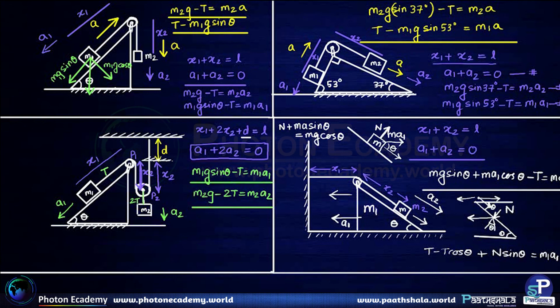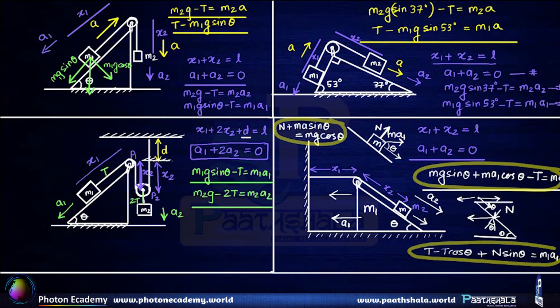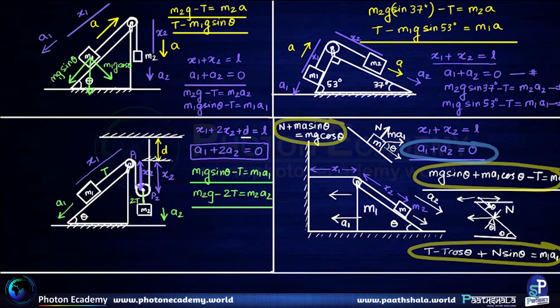So the force dynamical equations are 1, 2, 3, and the constrained motion equation is a1 plus a2 happens to be 0. So we have got 4 equations and the unknowns are T, N, a1 and a2. a2 happens to be the acceleration of mass m with respect to the mass m1 down the plane. a1 happens to be the leftward acceleration of mass m1.